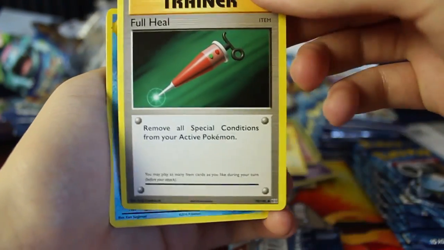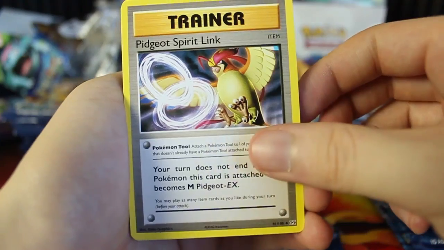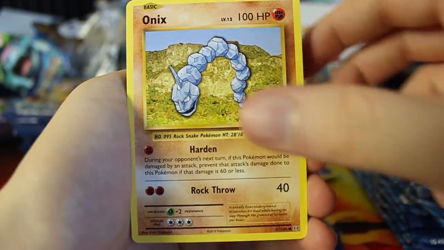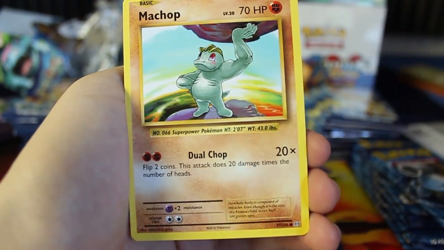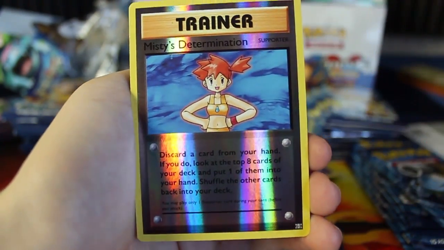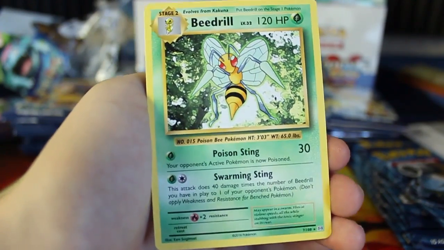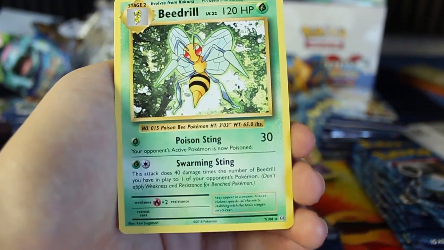Here we've got a full heal. I think that's our first one. Always looked like a baseball bat to me. We've got Poliwhirl. There's Pidgeot Spirit Link, Nidoran male, Onix, Growlithe. We've got Machop, so strong. His left arm is just so huge. We've got a Pikachu there. We've got Reverse Holo Misty's Determination, and we've got a Beedrill, the best Pokemon ever because he's number 15 in